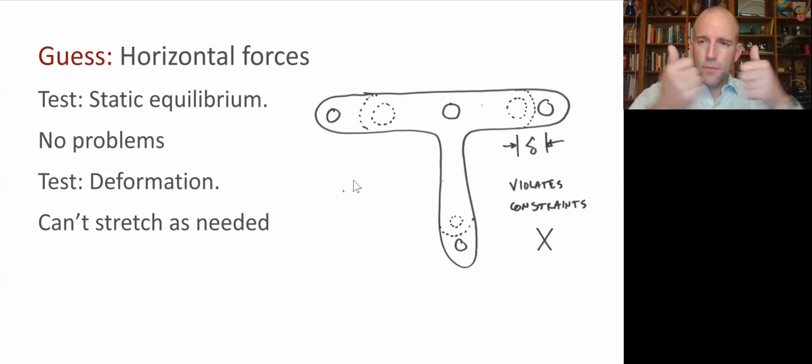So we've got those X forces pulling the holes sideways, but we said that these were on pegs, and the peg wouldn't be able to just move arbitrarily, right? And so this deformation violates our expectation about how the part is constrained. And so it wouldn't be able to actually stretch as necessary to match the forces applied. So at this point, we can reject our idea of big horizontal forces on those holes. So let's look at another